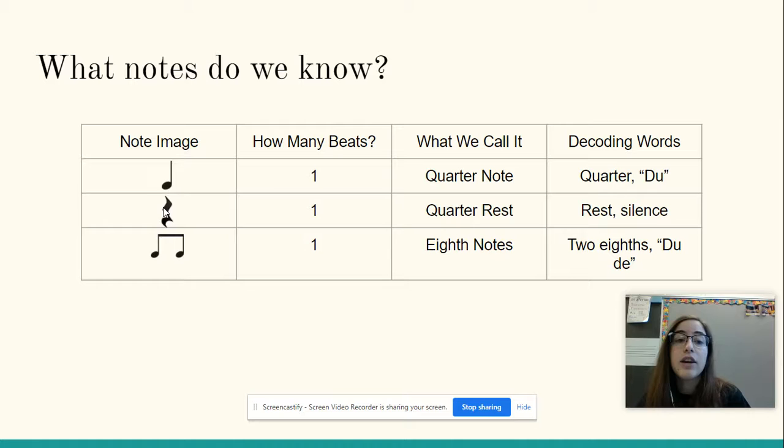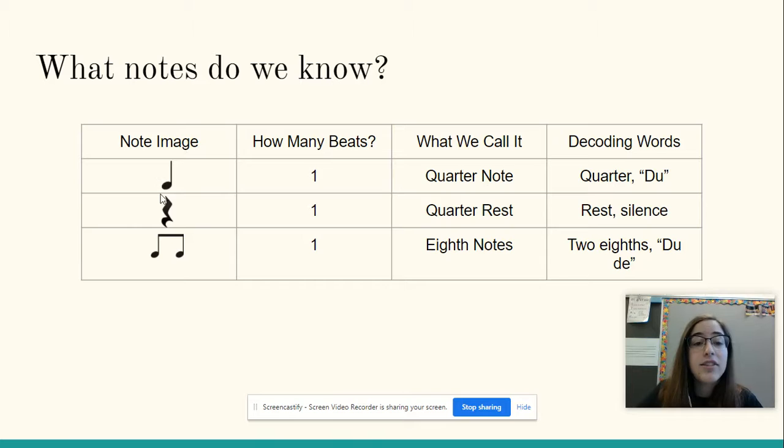Moving on, we have a quarter rest. Kind of looks like a Z, a zigzag, something like that. So that's right here for the image. It also gets one beat, and we call it a quarter rest. If we're going to decode it, we can either say rest, or we can put our hands like this, for a beat of silence. When I'm decoding, I usually like to not say anything because a rest is silent. So if we say rest, it kind of doesn't make sense. So if we had a quarter note and a quarter rest and we're decoding that, we could say do, just